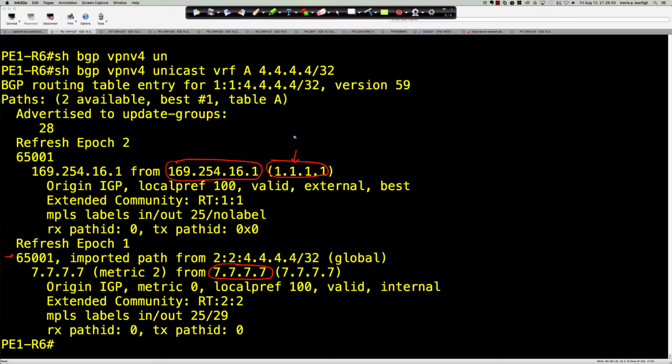PE2. So it's learning through CE1 that it can get to the 4.4.4.4, and it's also learning to get there through PE2. Now, which is the best path? You can see right here there's 2 available, and the best is 1. And again, in the scenario that we've got, if we walk down the best path selection algorithm where